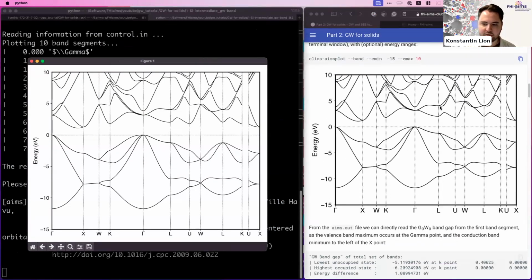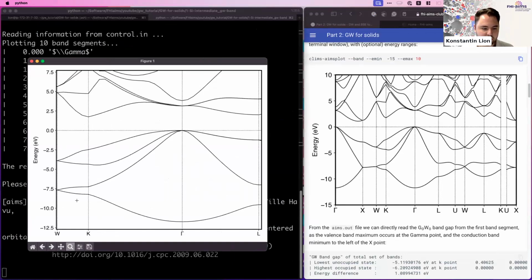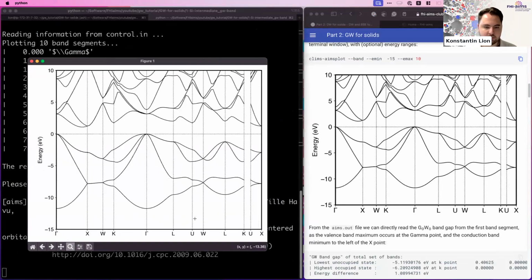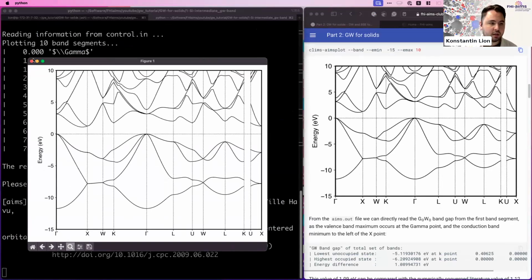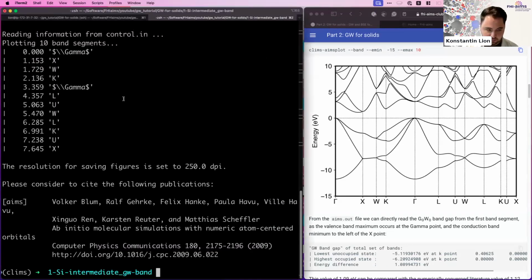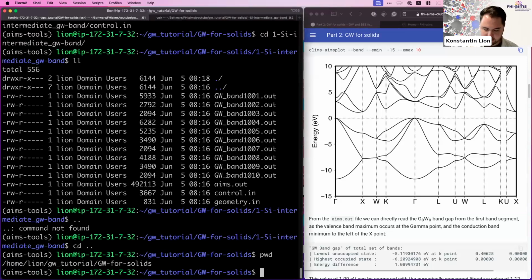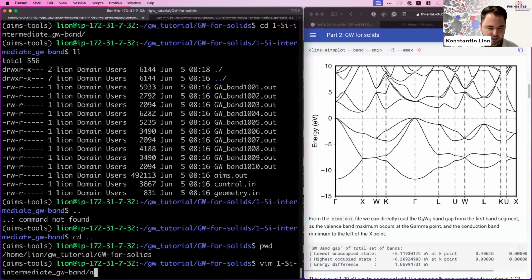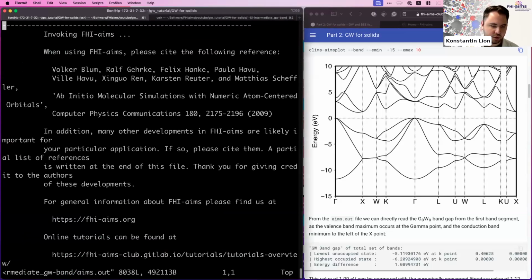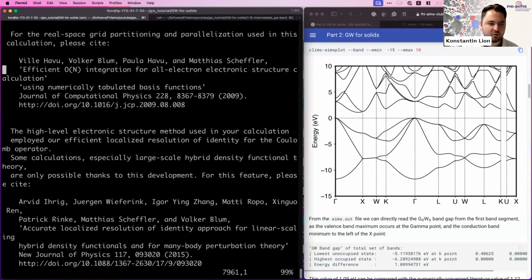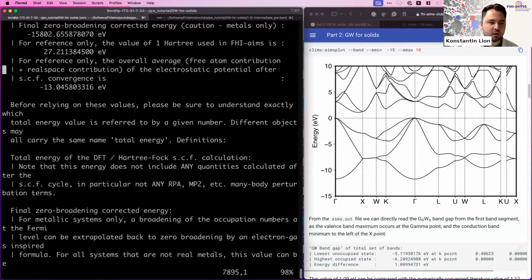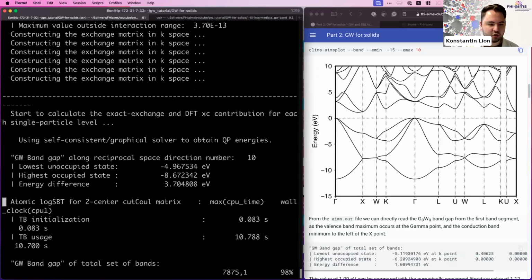Again, this is interactive, so if you want, you can zoom in on parts and so on. If you're interested in gamma, you can take a look at gamma and so on. Okay, so that's simply the GW band structure that we get. If you're interested in the band gap, I will go back here: you can take a look at the aims.out file directly, or you do it graphically. In the aims.out, if you scroll down a bit, there is a point on the GW band gap,